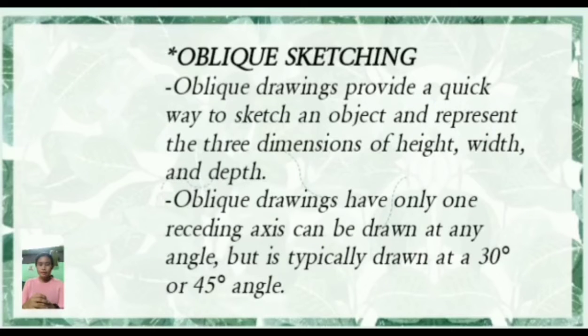Oblique sketching. Oblique drawings provide a quick way to sketch an object of height, width, and depth. Oblique drawings have only one receding axis, can be drawn at any angle, but are typically drawn at a 30-degree or 45-degree